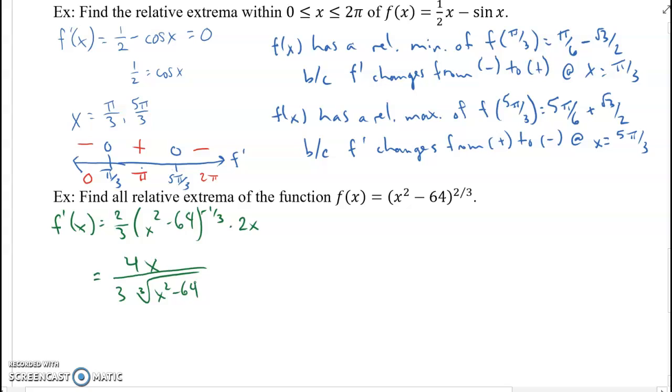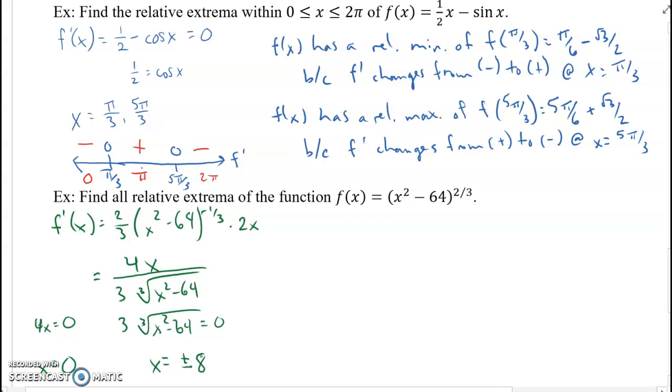So my mantra is take the derivative and set it equal to 0. And when I say it, I really mean either the numerator or the denominator, because remember that critical numbers occur not only when the derivative is 0, but also when the derivative is undefined. So we will look at the numerator of 4x equal to 0. We will also look at the denominator of 3 times the cube root of x squared minus 64. Set that equal to 0. So we get x equals 0 for this. We've got x equals plus or minus 8 for this. And those are our